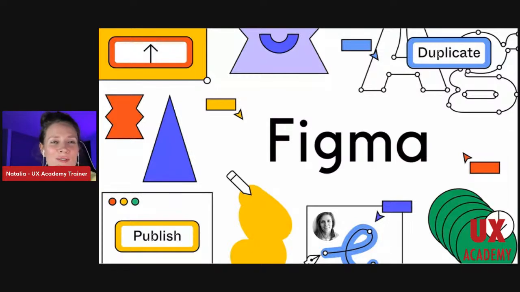So if you want to try yourself as a UX designer, you can try Figma today. Just go to figma.com. You don't even need to install anything. You can do it just in the browser and start to design, just play around, because the interface of Figma is very nice, very easy to use. And that's what I told you about the experience: how people actually use the tools and what they need.